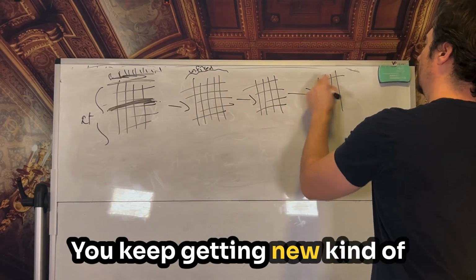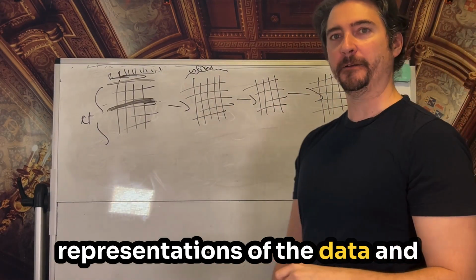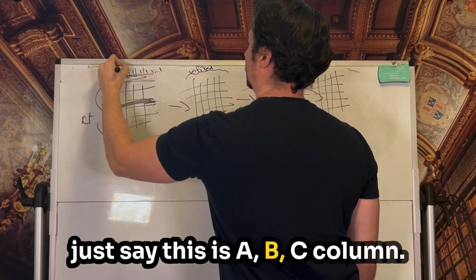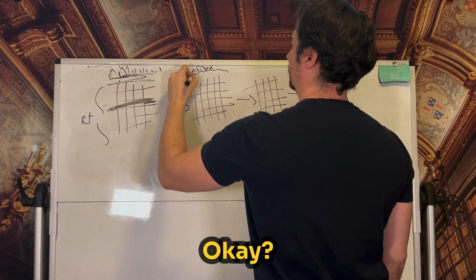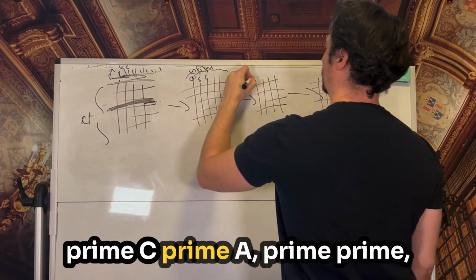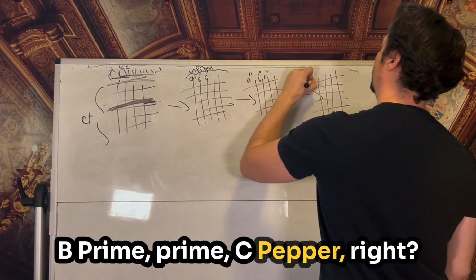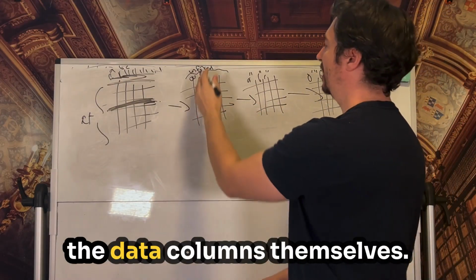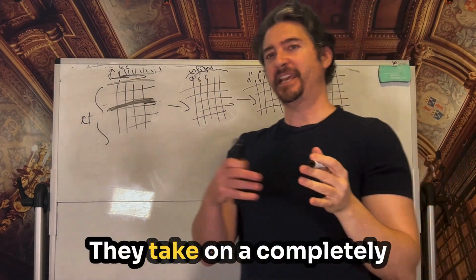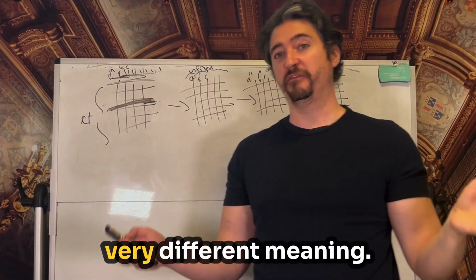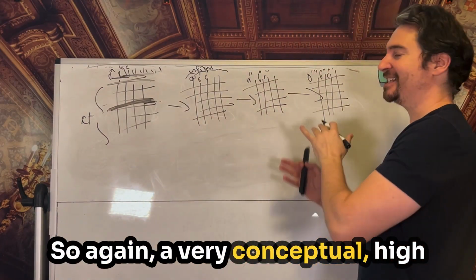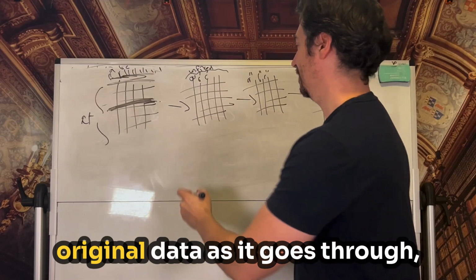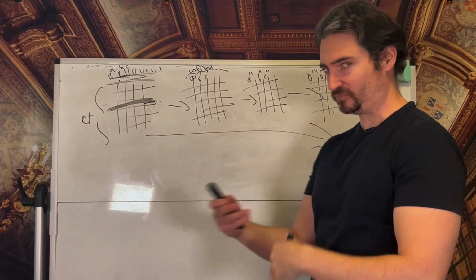You keep getting new representations of the data, and let's just say this is A, B, C columns. So we'll go A prime, B prime, C prime, A prime prime, B prime prime, C prime prime. These are all going through changes. Something is happening to the data columns themselves. They take on a very different meaning. So a very conceptual, high-level way to think about what deep learning is doing with the original data as it trickles through the layers,